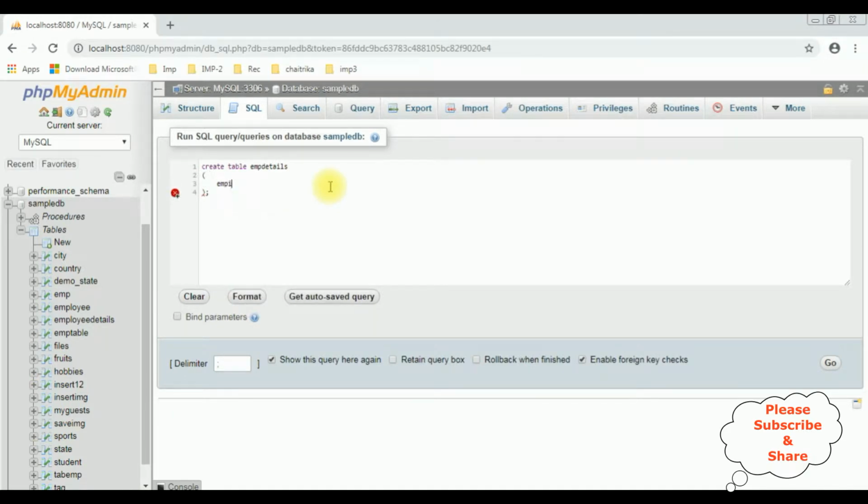The column name, first one is the emp id, which is an integer type, not null. I'm adding auto increment column, and as well as I'm adding primary key for this column. After that, emp name varchar 50, email varchar 250, and the last one is the salary I'm adding, which is the integer type. Let's create the table. Go,